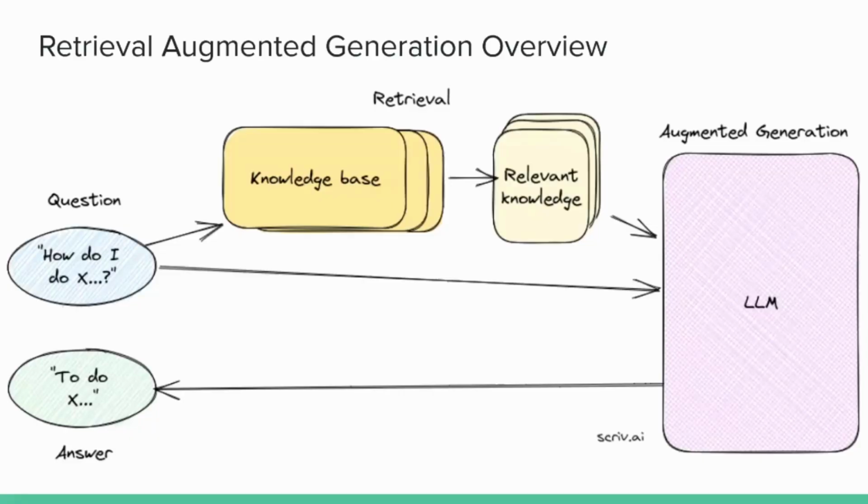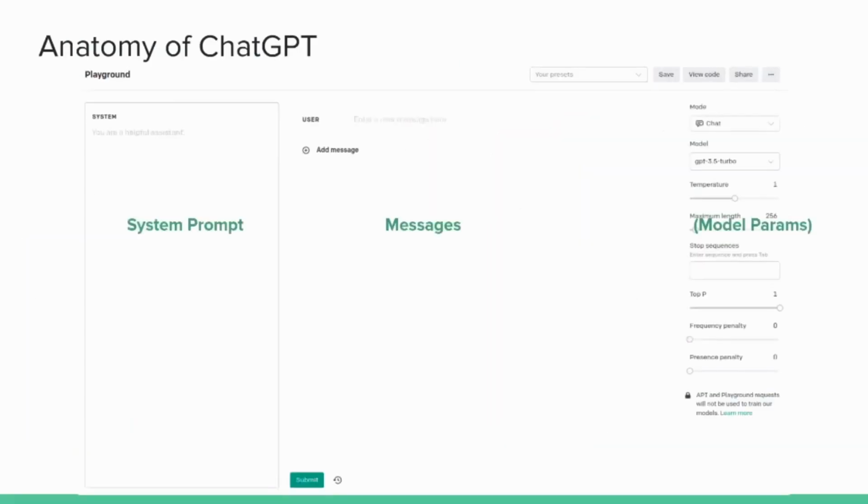So I'm going to start at the end here, which is the augmented answer generation step, because in many ways it's kind of the easiest one to wrap your head around if you've ever used ChatGPT or any language model before. I don't know how many of you have ever used the OpenAI playground. It's kind of a slightly more advanced version of ChatGPT. But basically, it's the same thing, except it also exposes, on the left here, the system prompt, which